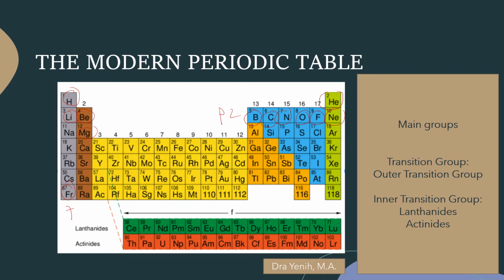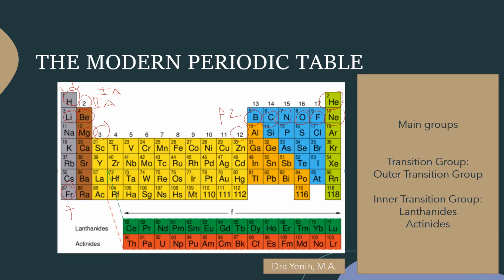For groups, the purple one is group 1, and the brown is group 2. The number in here is the number of the group. That's the new way to name the groups. The old way is that group 1 is called 1A, group 2 is 2A, and then from 3 until 12